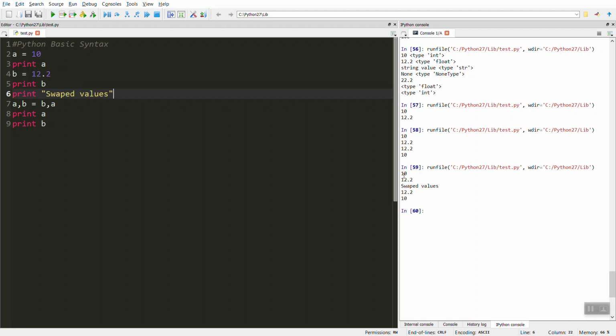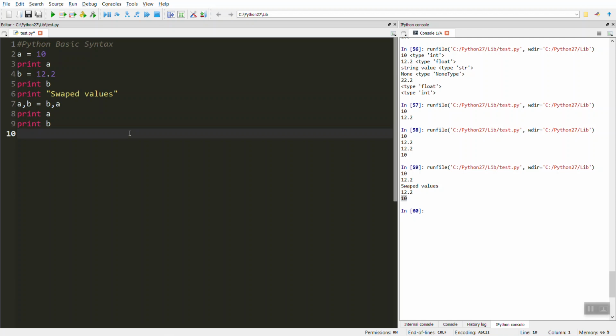We print a here, which is 10, and b, which is 12.2. After swapping, a is showing a different value, which is floating, the value of the b variable, and b is showing a's value. So this is just swapping of values, even swapping of data types.